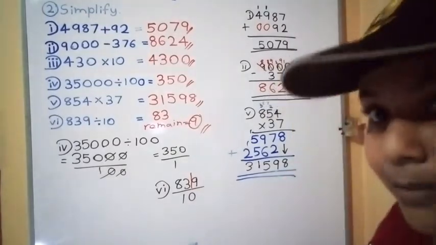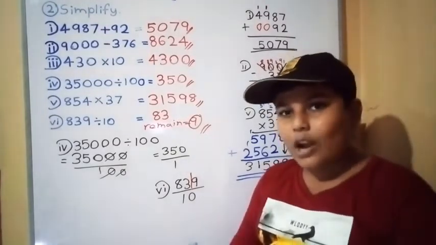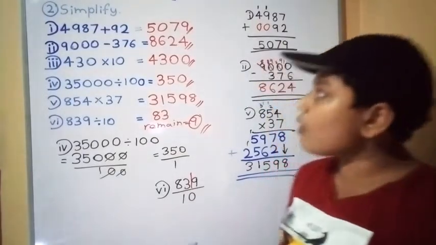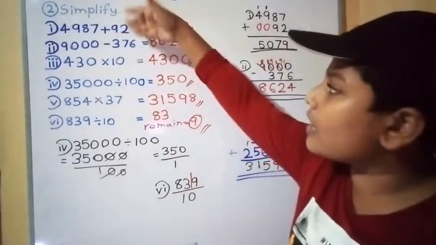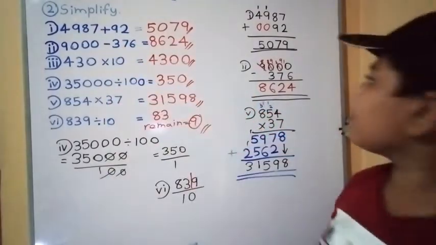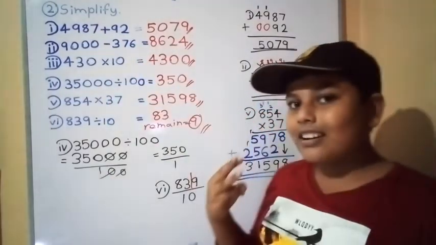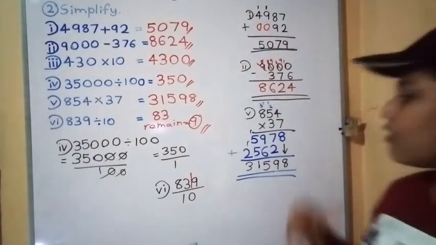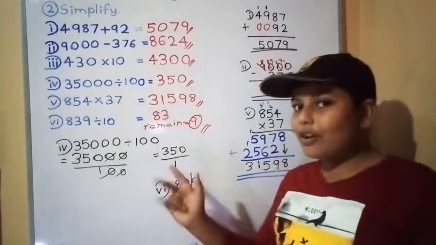Now that is the simplify one in the second question. Now the second question is finished now guys. Now this is add, subtract, multiply, division, multiply, division. Now all I discussed, I think the third one I erased because there is no space now on the board.